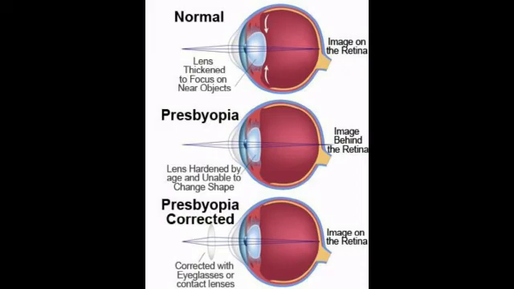Some persons may have both the defects of vision, myopia as well as hypermetropia. This can be corrected by bifocal lenses, in which the upper part consists of a concave lens to correct myopia, used for distant vision, and the lower part consists of a convex lens to correct hypermetropia, used for reading purposes.